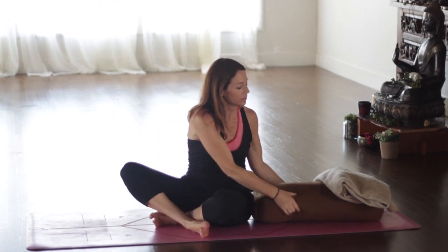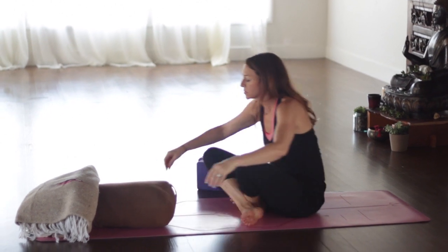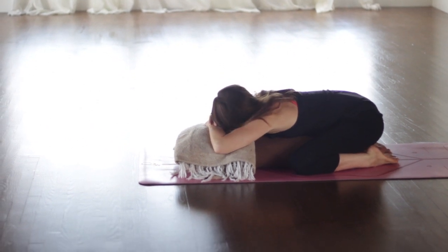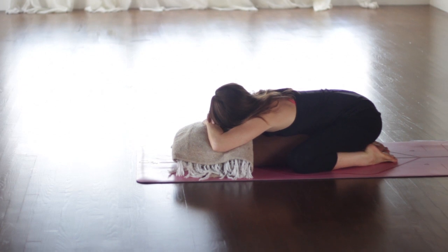If you did have things on your mat, I'm just going to move them. I'm moving them in front for a supported child's pose. So instead of taking my head on the floor, this time I'm going to take my head on my pillows, but I am going to show other variations. However, child's pose,